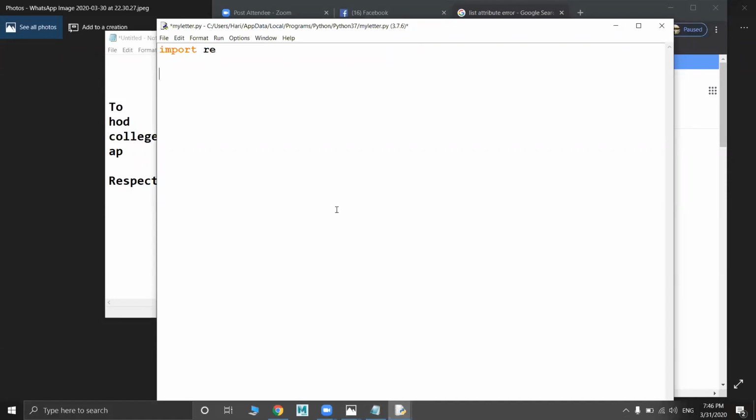In the same way, if you want to retrieve some phone numbers, you need to write some pattern for retrieving all those phone numbers. Here I am going to show you some simple ones.